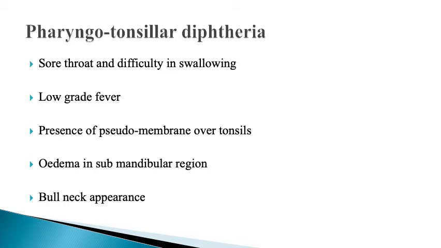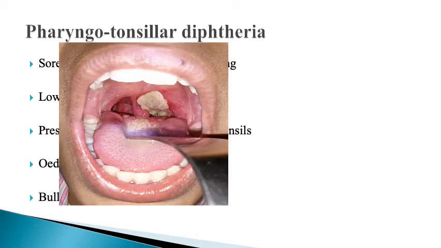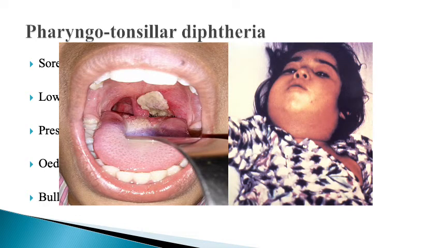This membrane may be localized, or there may be a patch on the posterior pharynx or tonsil, or it may cover the entire tonsil. And there may be edema in the submandibular region, which can give rise to the characteristic bull neck appearance. This is the photograph which shows the presence of pseudomembrane over the tonsil, and it may be seen extending into the backside towards the pharynx. And this is the photograph showing the bull neck appearance, and this may be due to the edema in